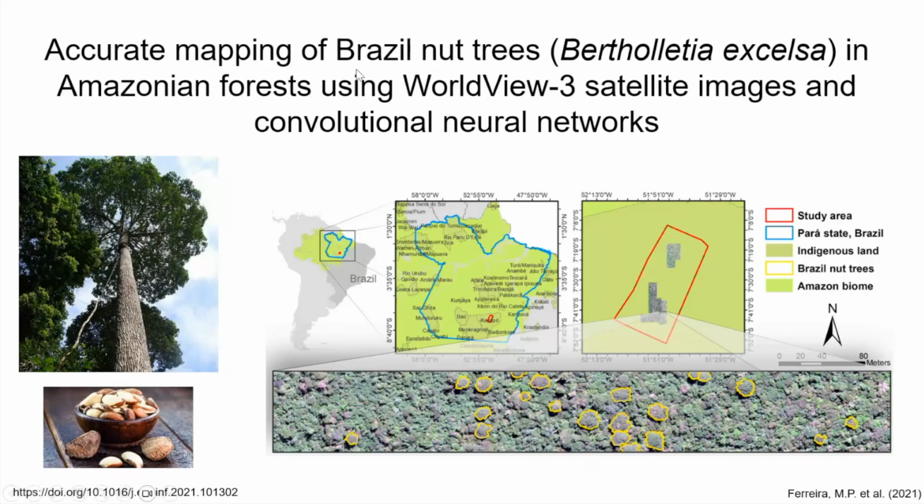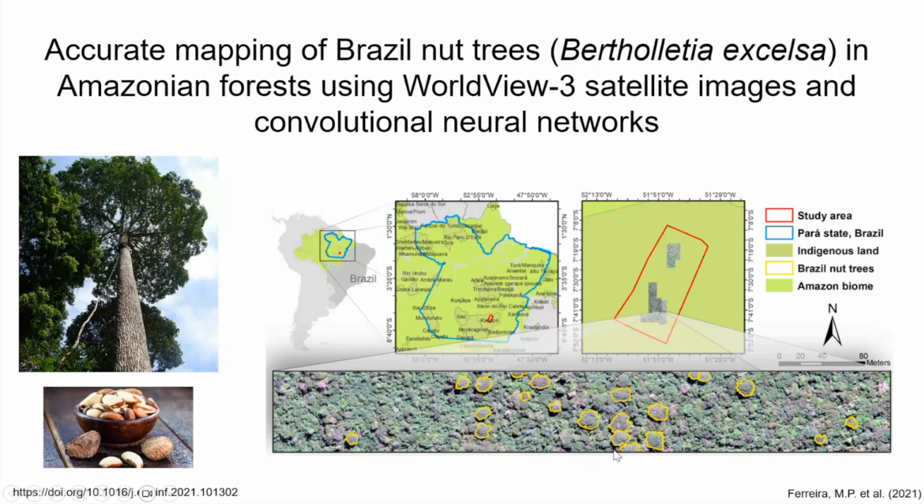We have several communities that live exclusively from this kind of nut that is collected from this huge tree. This is Bertholletia excelsa. It can grow up to 60 meters high,